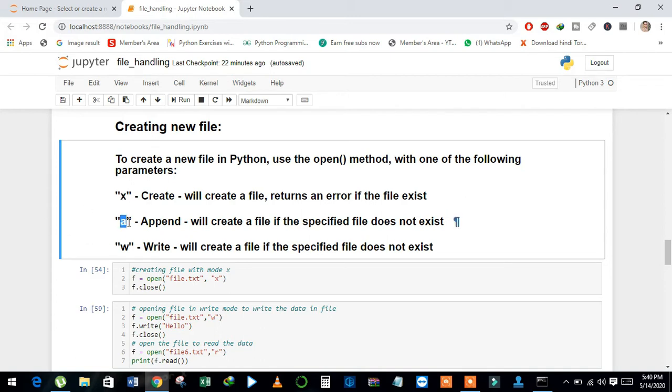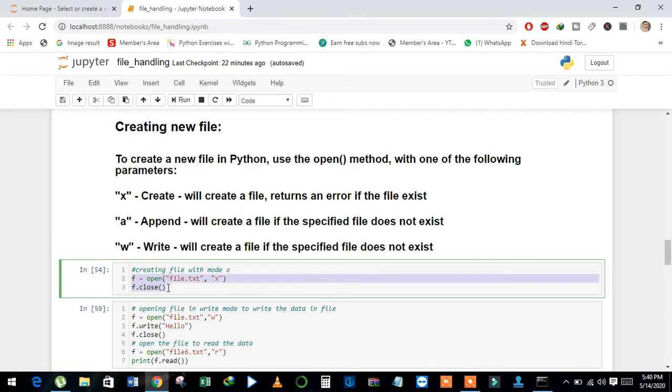And also we can use A, that is append mode, to create a new file. It will create a new file if the file doesn't exist. And also we can use W to create a new file. It creates a new file if the file doesn't exist. Now we will discuss each one by one.